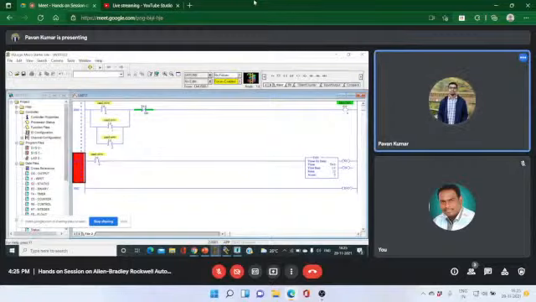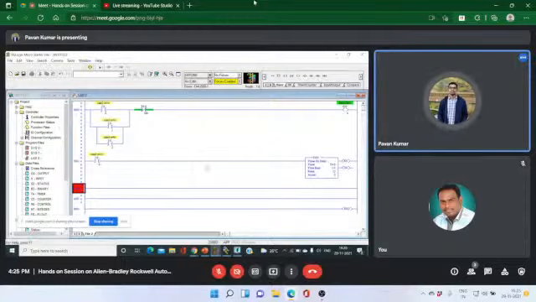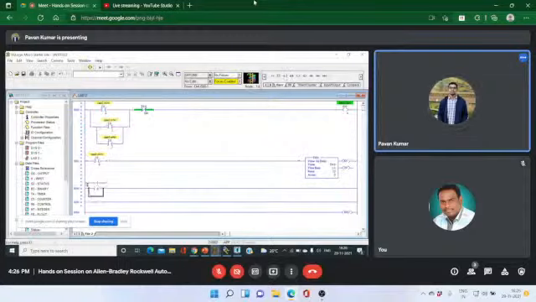So consider one more rung, and here after this timer I have to give this address of the timer bit, T4:0 done bit.